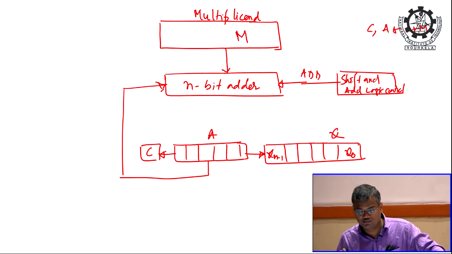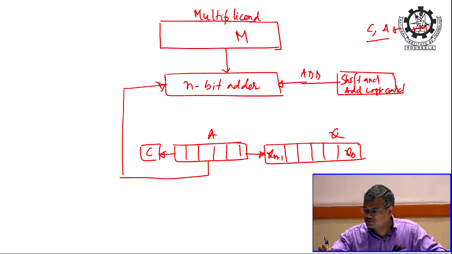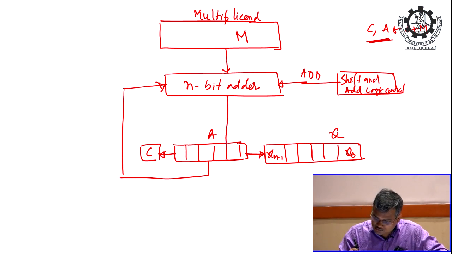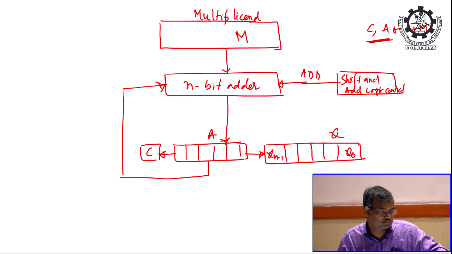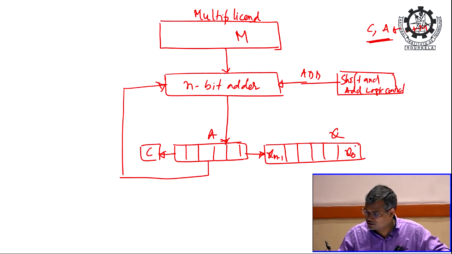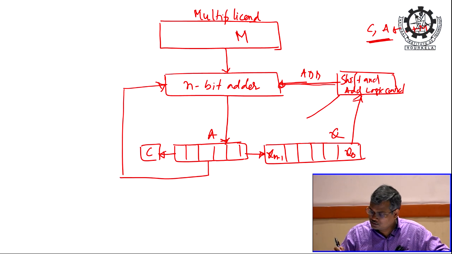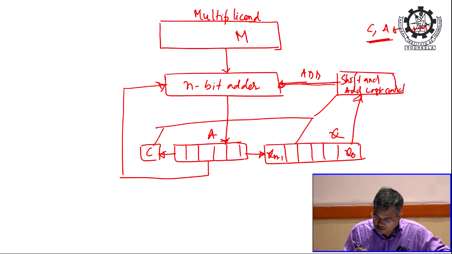okay. So, addition will be performed. After the addition, results need to be stored into C A. So, therefore, it should come here, okay. And when shift is required, so that will be decided by the Q 0 bit, okay. So, then Q 0 bit, if it is 1, so then shift, not only that, addition operation also will be performed. So, shift will be performed on 3 registers. So, therefore, we can write something like that. So, this is shift right,